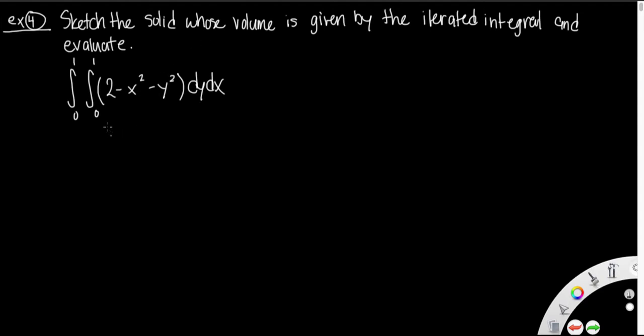Okay, so it looks like we're taking a double integral from 0 to 1, 0 to 1, of the multivariable function 2 minus x squared minus y squared dy dx. First we'll sketch the solid. I'll call it f of x, y equals z equals 2 minus x squared minus y squared. This should be a little bit of review. You should have seen this in a previous section on how to